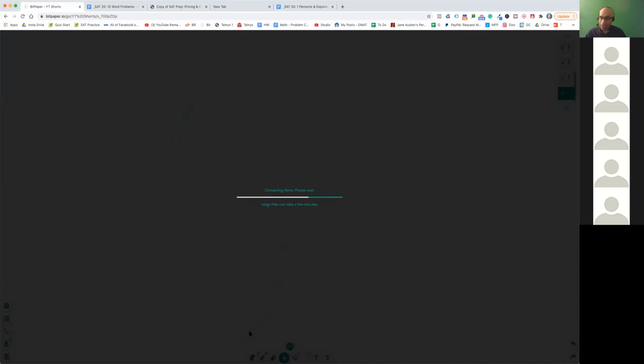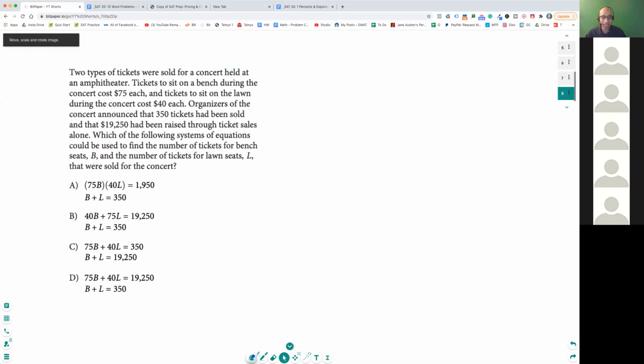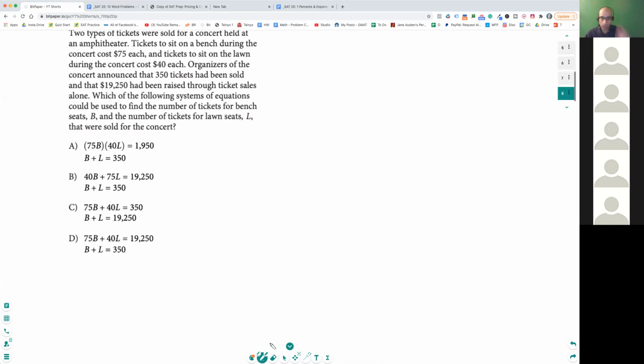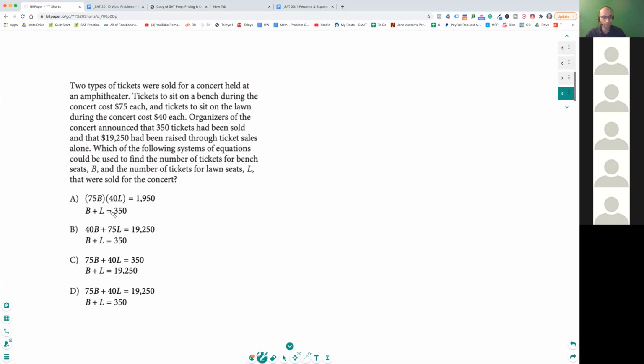You're going to identify what kind of problem this is by looking at the answers. As soon as you look at the answers, you know, oh, I've studied with Ash, I know this is a system of equations. Once you know this is a system of equations, be in that system of equations mode of mind, and then you can easily solve this problem. So the easiest thing to do, first of all, is try to figure out